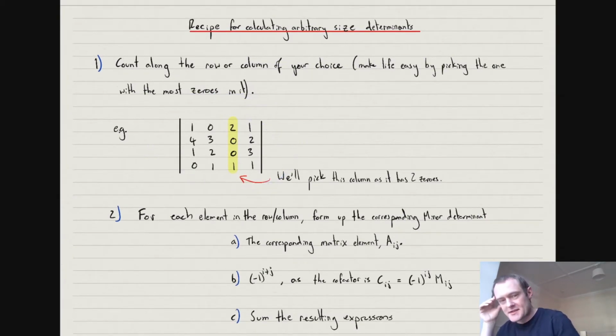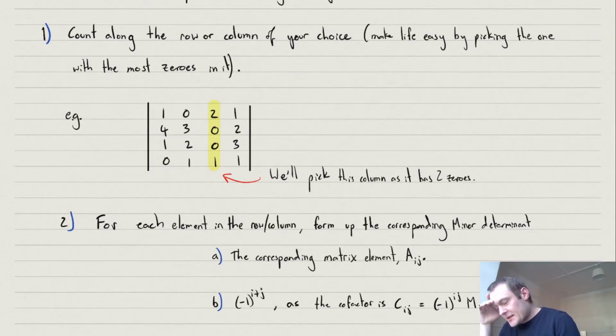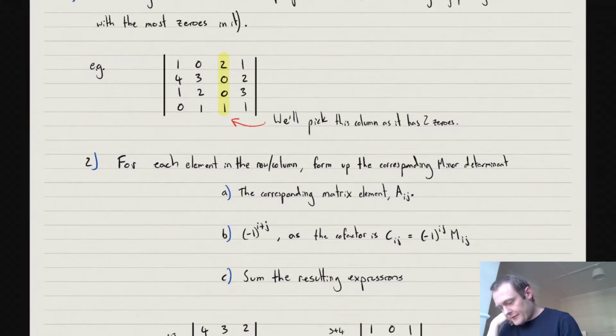And I'm going to represent this as a 4x4. So firstly, count along the row or column of your choice, and here the advice is to make life easy by picking the one with the most zeros in. So in this determinant, the column here has 2 zeros in. So we're going to count down the third column because it has 2 zeros. And for each element in that, we're going to form up the corresponding minor determinant, and